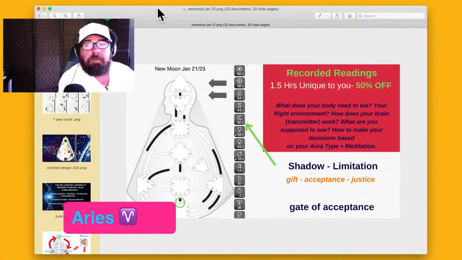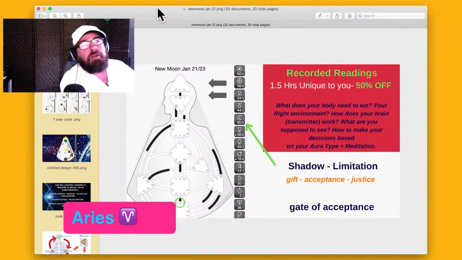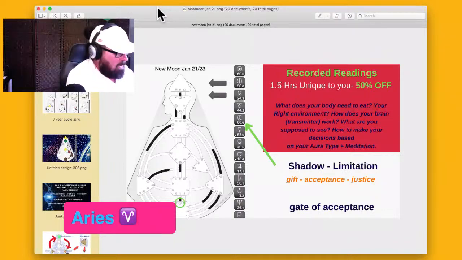Your intuition is trying to speak to you, because you've gotten as far as you can go in your career and your soul purpose. You may be called to do something else. So you may go into that thought of, well, how am I going to make money from that? You need to trust your intuition. Okay. And what do we got for Aries?